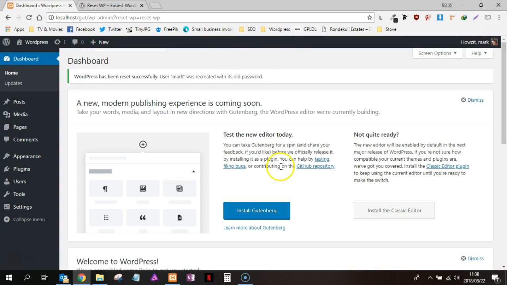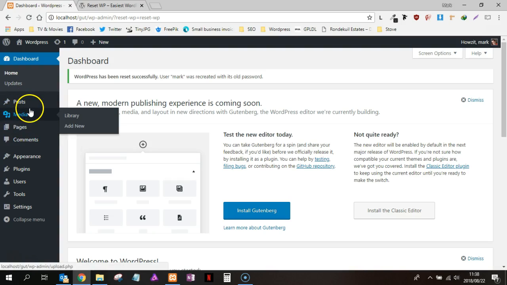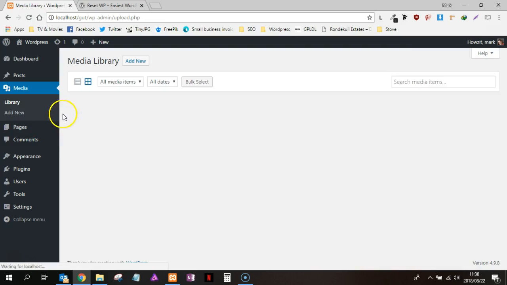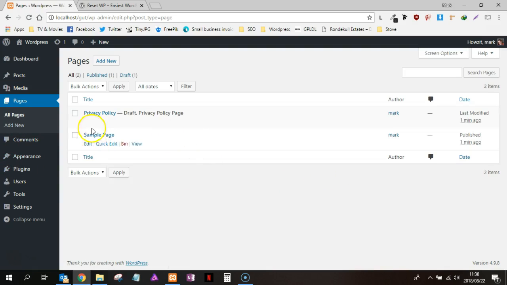Okay, so there we go. It has now reset successfully, and it's also been recreated with its old password. So just make sure you know what the old password or your installation password was when you installed it. We go into the media library. Those 3 images I've uploaded are gone, and all pages, it's got the 2 default pages that WordPress comes with,